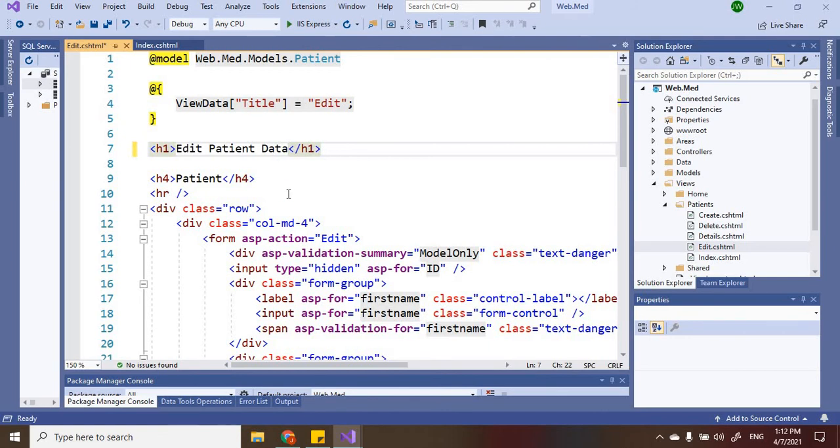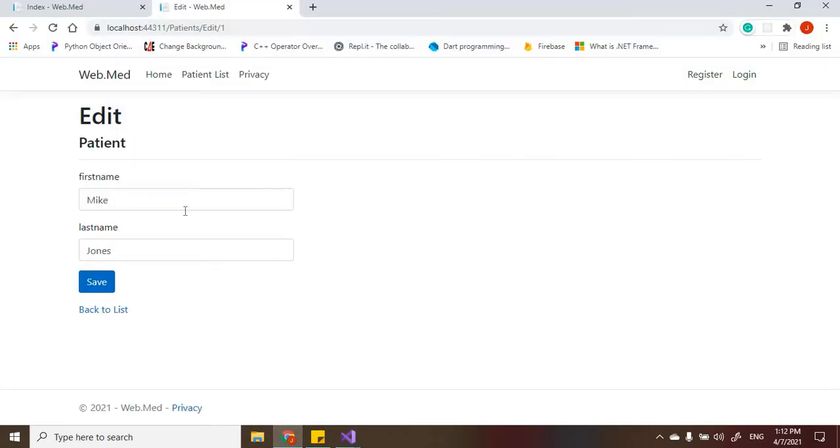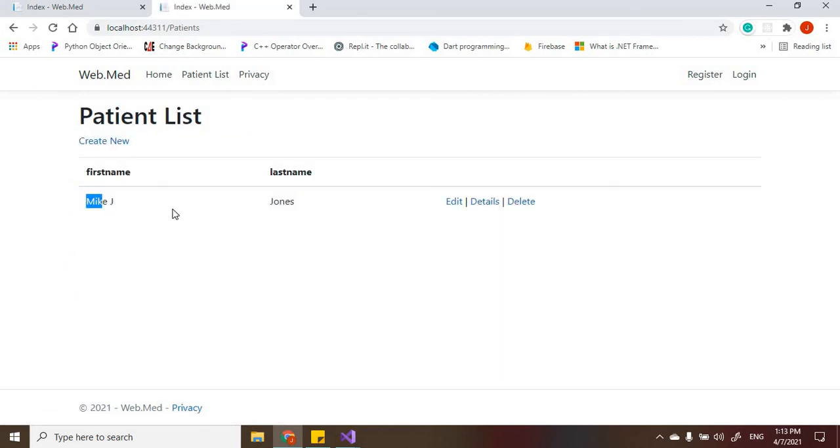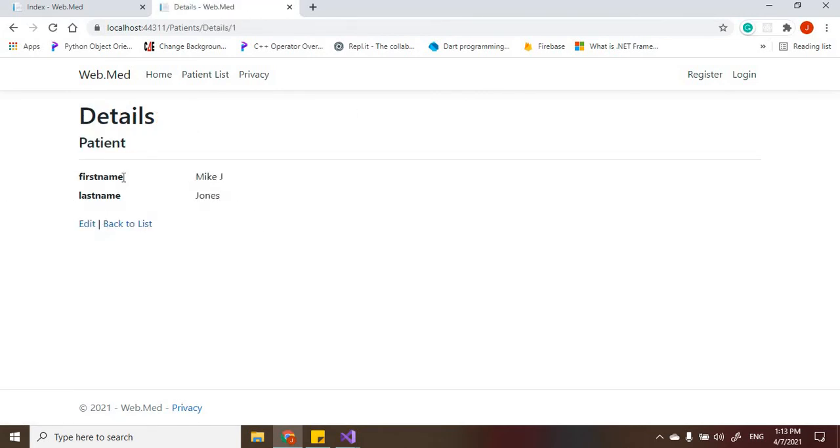All right, save. And if we refresh, for example, which might not be a good practice to refresh where data is being handled, but as you can see, it says edit patient data. So that was modified. We could make some changes. Mike J. Jones, click on save, and it now says Mike J. Jones. We can also view an individual patient's detail, and that is provided to us